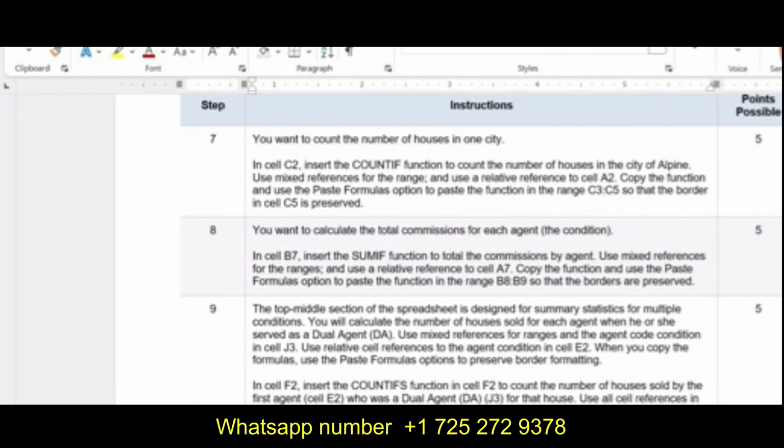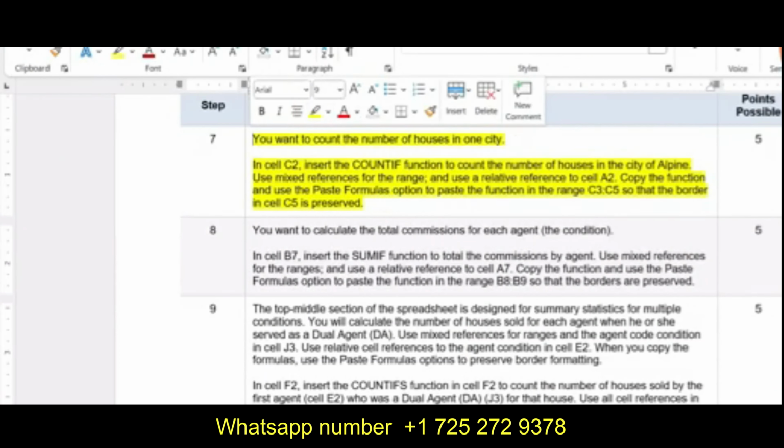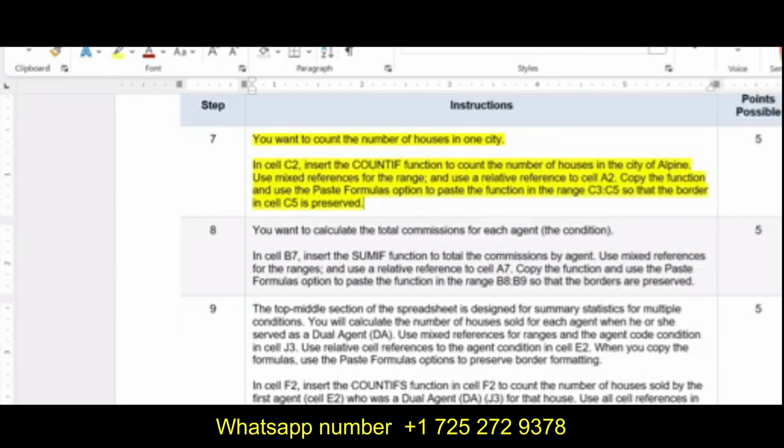Now we are going to do the next step, that is step number 7. You want to count the number of houses in one city. In cell C2, insert the COUNTIF function to count the number of houses in the city of Alpine.